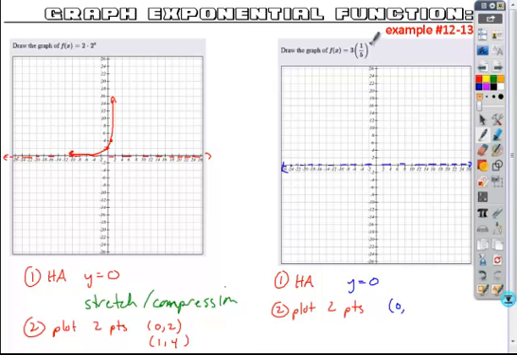And so when x is 0, 1/5 to the 0 is 1 times 3 is 3. So here's our first point. The y-intercept is the point 0, 3. And now we need to choose. Are we going 1 to the right or 1 to the left based on what this base is? It's a number that's less than 1, so we're going to go 1 to the left of 0, which is